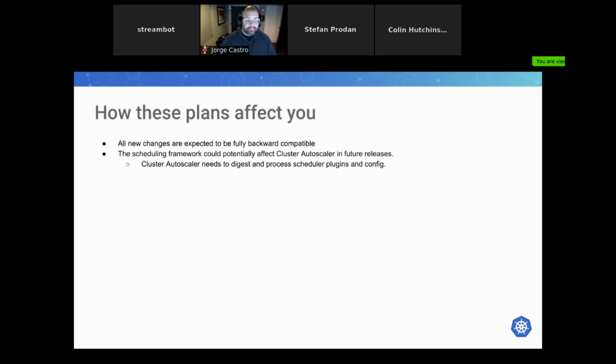So cluster autoscaler has this mechanism that predicts the scheduler decisions, and that logic may not work well when the scheduling framework is out, because the scheduler does not necessarily always have the exact same behavior anymore. We are working with the cluster autoscaler to read the configuration and apply these configurations to the cluster autoscaler logic as well. So hopefully that work will be delivered soon.